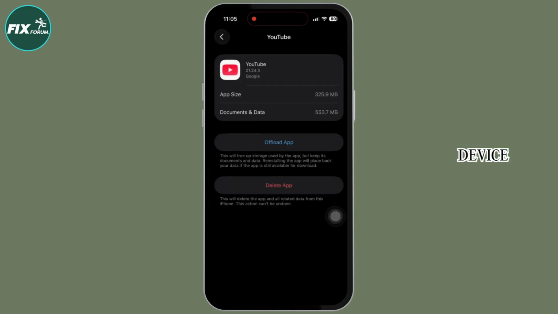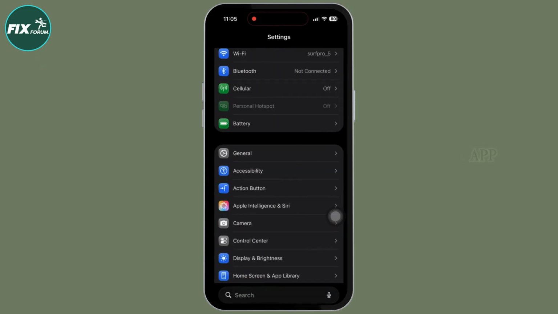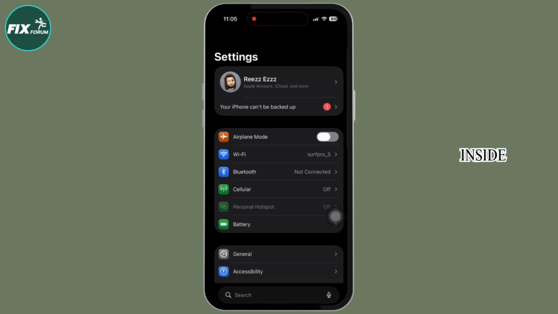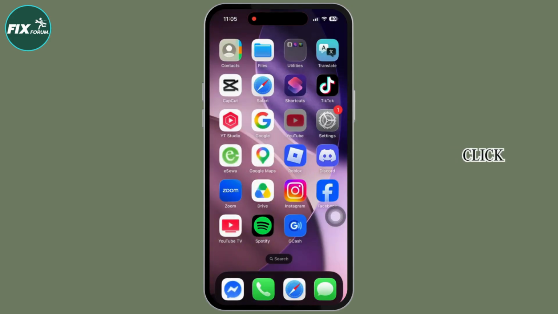If you're using Android device, press and hold on the YouTube app. Click on App Info. Go to Storage. Inside that, you're gonna find the option of Clear Cache. Click on it. Lastly, if this solution didn't work out for you, completely delete YouTube app from your device and